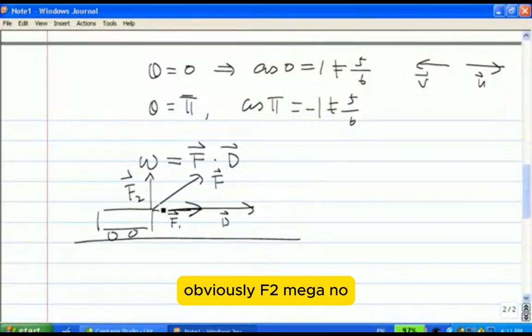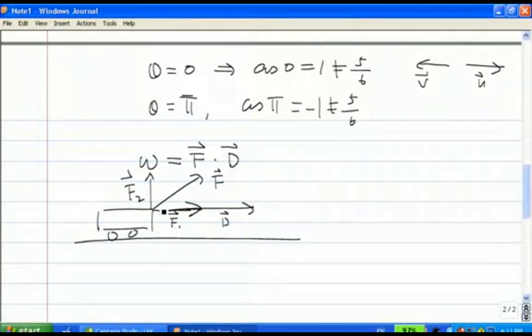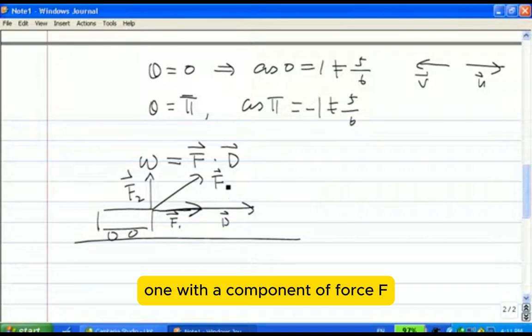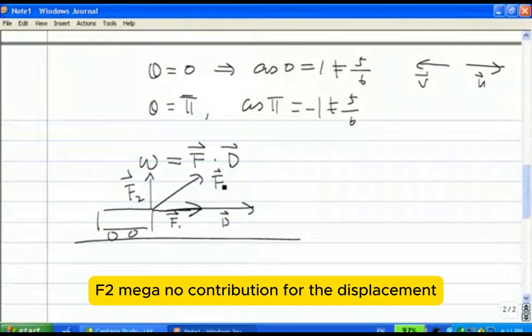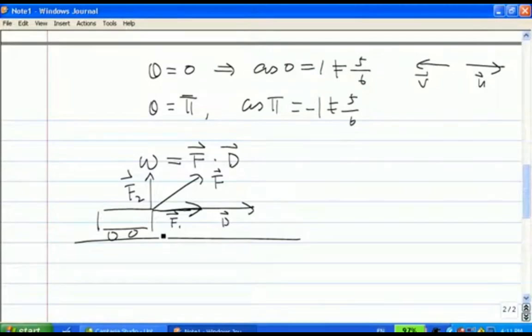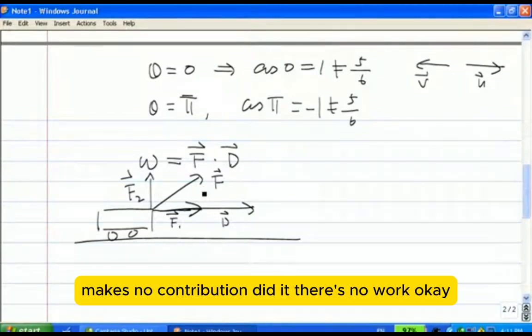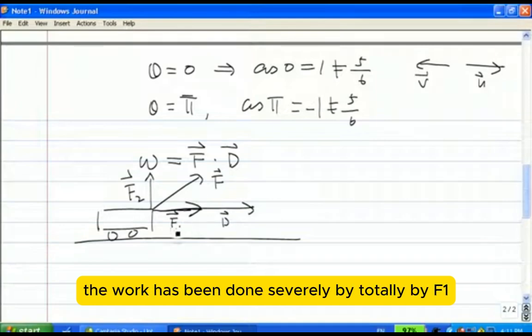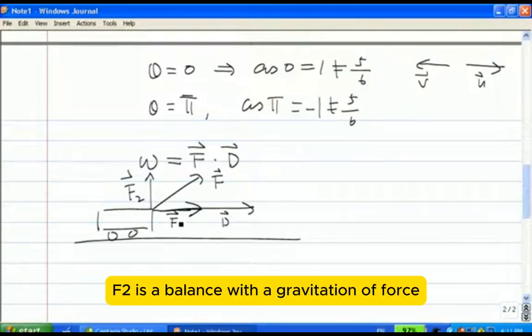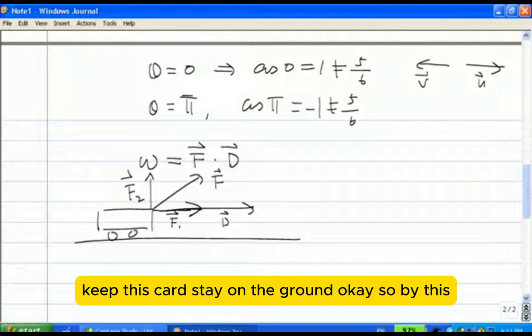Obviously, the component F2 makes no contribution to the displacement. It makes no contribution, does no work. The work has been done totally by F1. F2 is balanced with the gravitational force, keeping this cart on the ground. So by this,